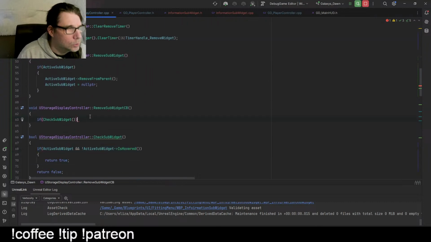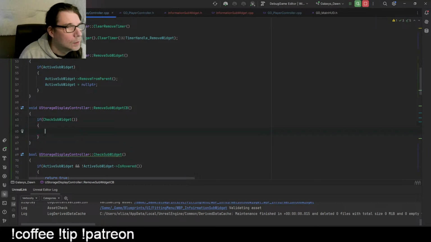So if this is true, then we want to remove it. So we're just going to do that. Boom. If that is true, then we remove it. Otherwise, we don't do anything. So